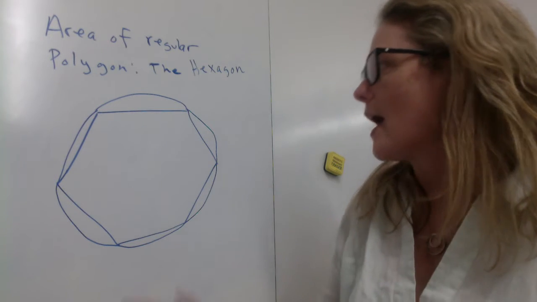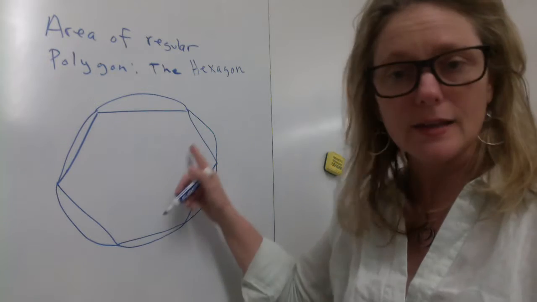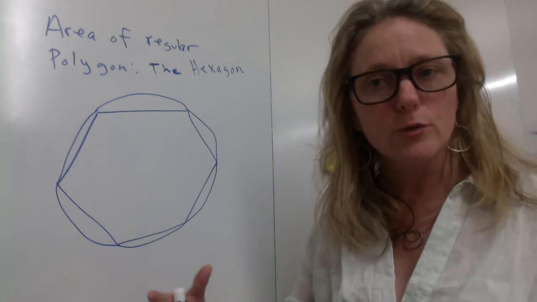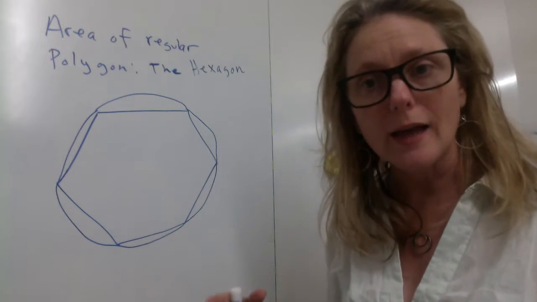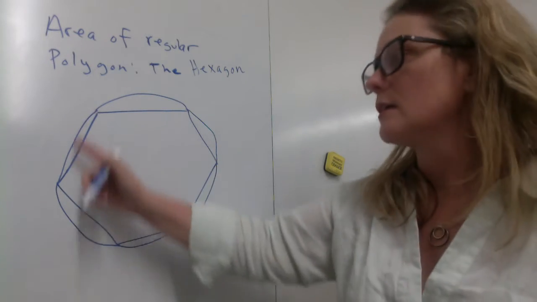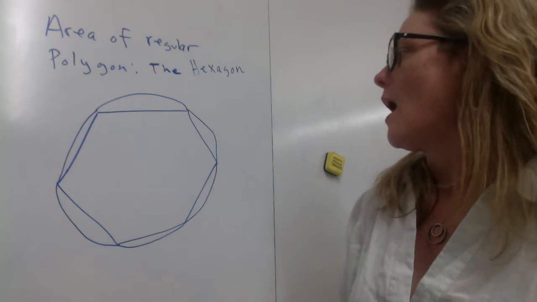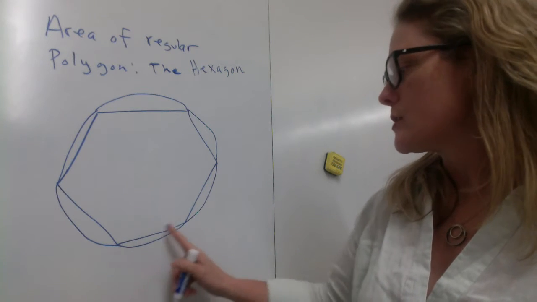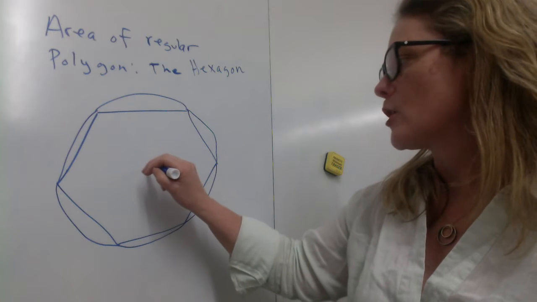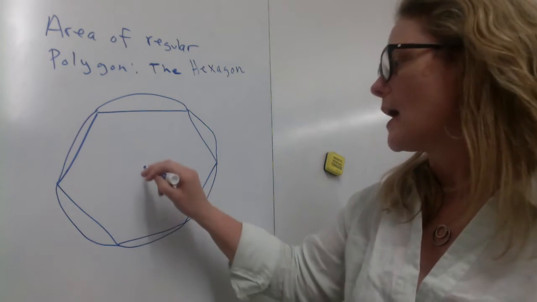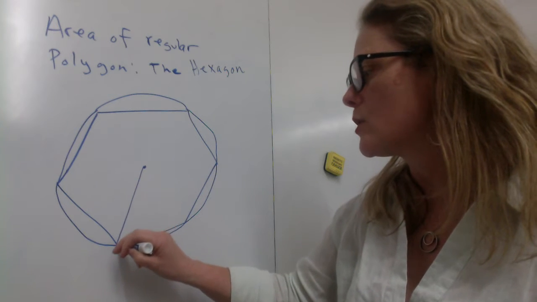So we can see I have a hexagon. I have 6 sides. Each of those sides are congruent. And just like the previous ones, I can visualize that it's being inscribed within my badly drawn circle. Each of those vertices are on the circle. So again, if I go back to the center of the hexagon, also the center of the circle, and I were to draw each of those radii,